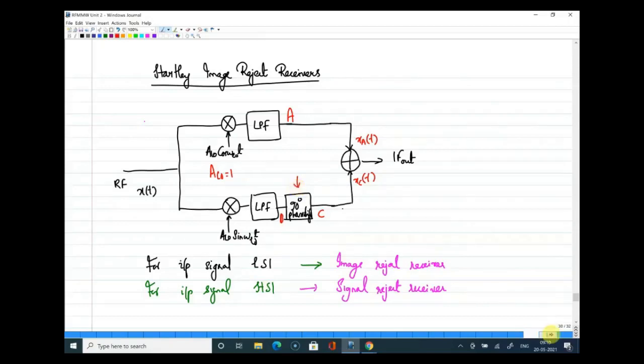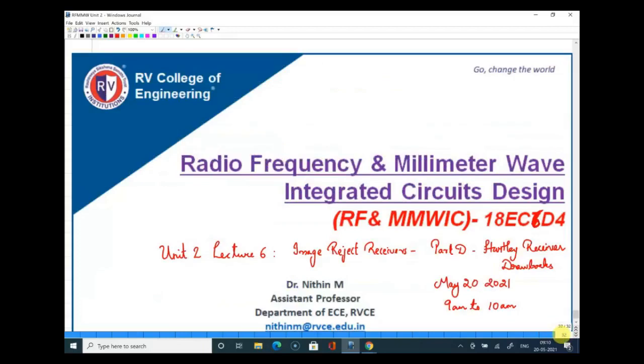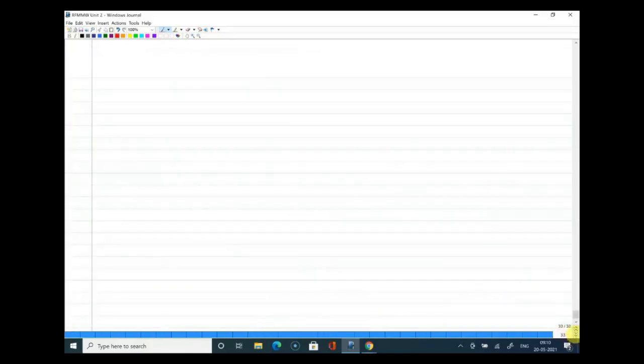So in today's class, we will look at those factors which result in imperfect cancellation of the image, and that is what I am going to present to you as the drawbacks of the Hartley receiver. All right. Before presenting the drawbacks, let me redraw the structure of the Hartley architecture. It is the same structure you have seen before, but the additional 90-degree phase shift operation is generally implemented, again using an RCCR network, in this particular fashion.